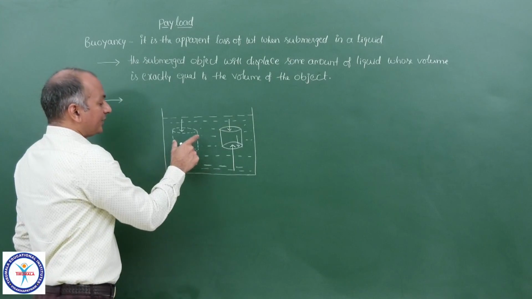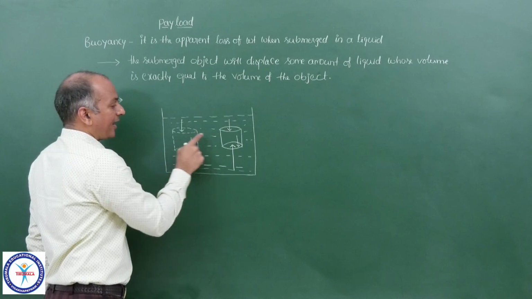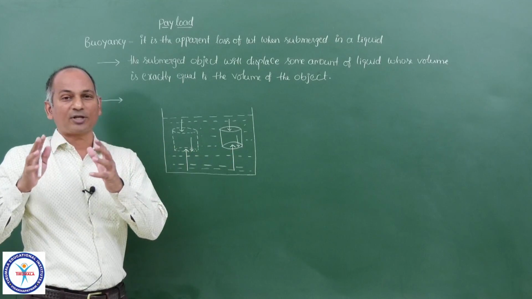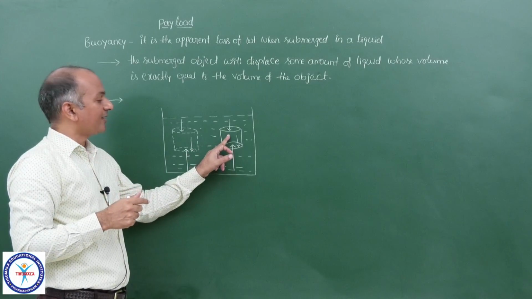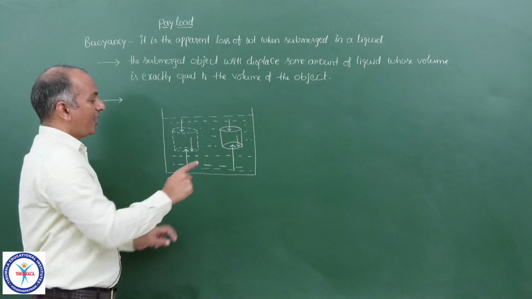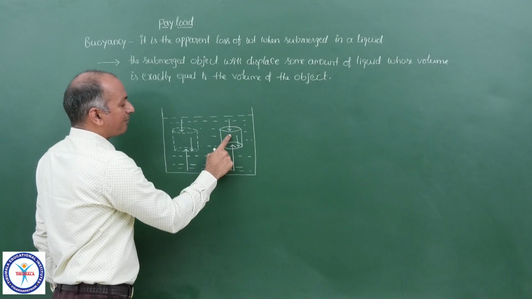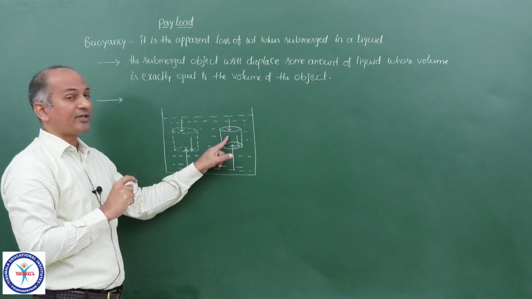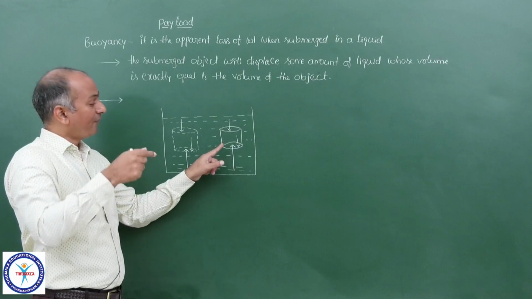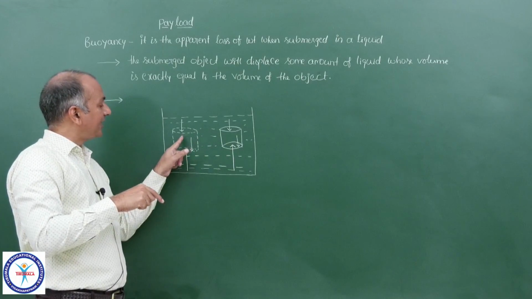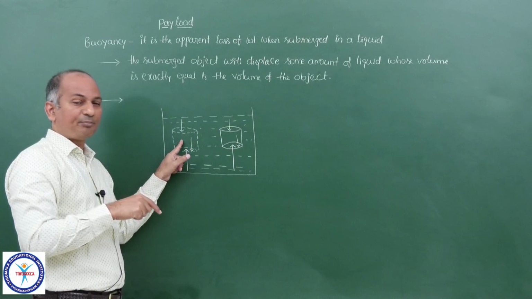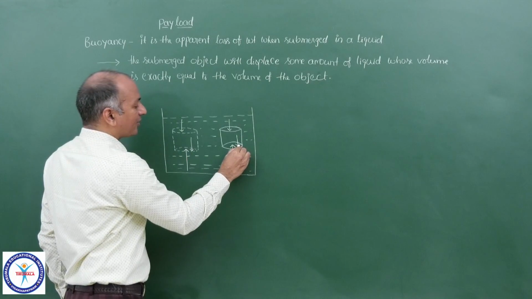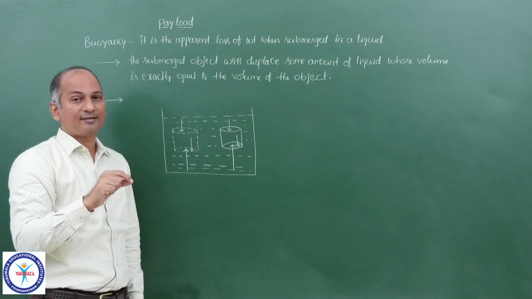Okay, now this is the water sample and this is some other sample. Now come to the actual situation. This is the water sample only and this is some other sample. For example, the density of this sample is less than that of water. So obviously the weight of that object will be lesser. If the weight of this object is lesser than the weight of this particular imaginary sample of water, the magnitude of this particular force is lesser.